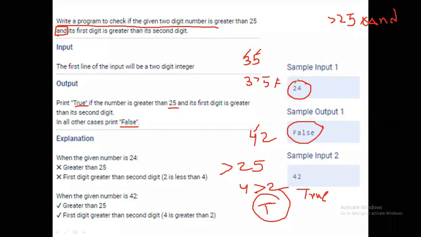So what is the input you are going to read? You are going to read a 2-digit integer. Okay. Now everyone please give the response in the chat box. If I give 43, what is the expected output? If I give 43, does it return true or false? Everyone try to give the answer in the chat box. Only a few members are giving.